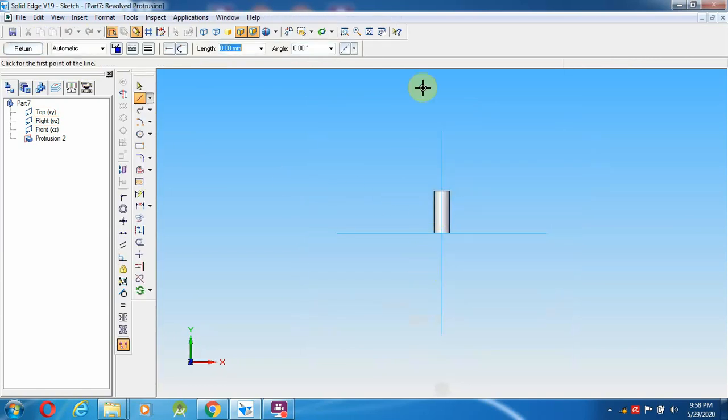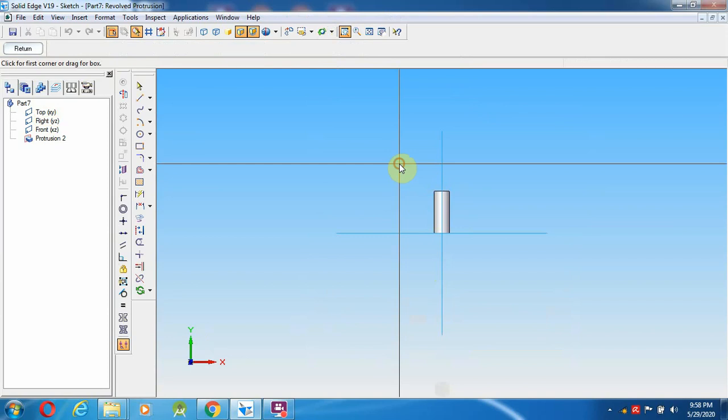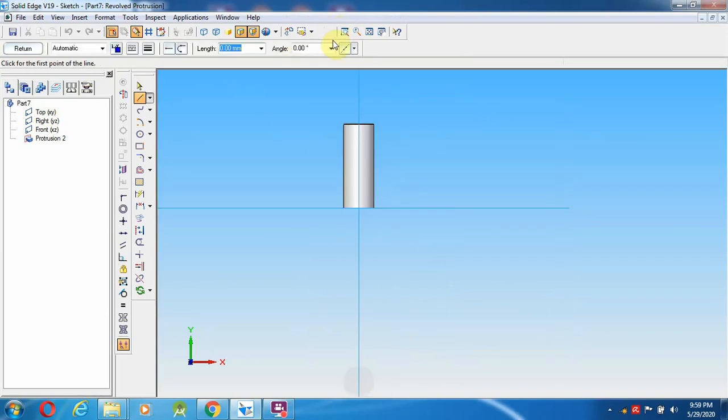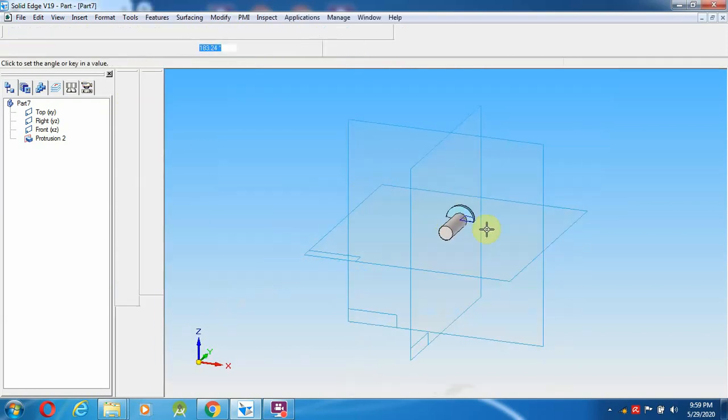In this mid plane I am going to draw any one end. From here, it will become 16 mm. So I am going to get 8 and select arc by center point method from here up to the mid. Now I am going to join from top to bottom as a straight line. Select the axis, which will be the vertical line.